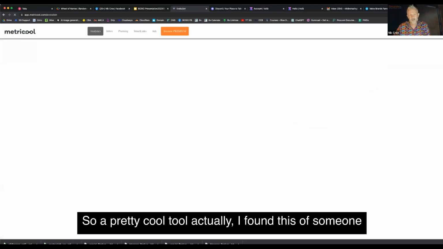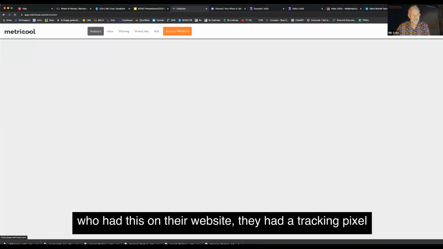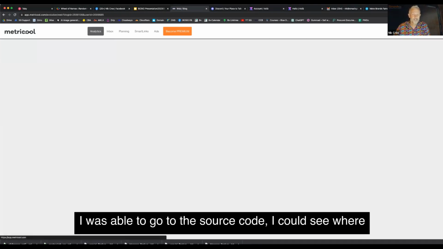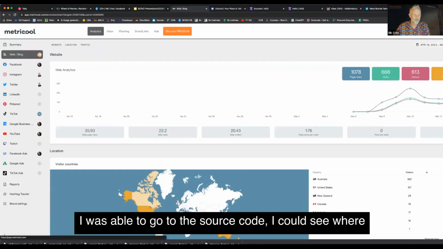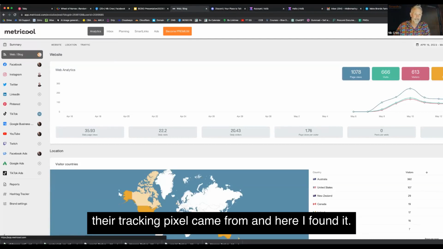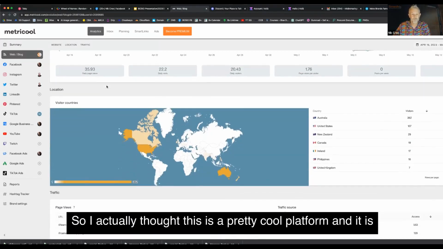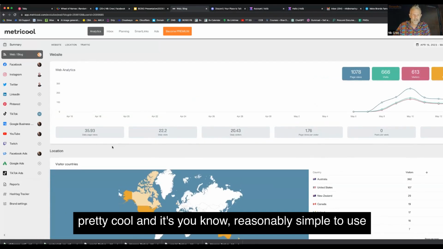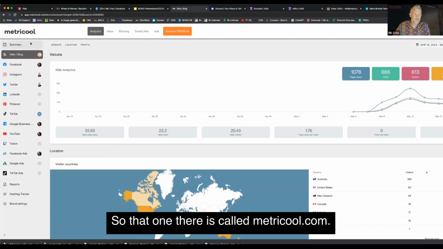I found this off someone who had this, actually not on their website. They had a tracking pixel on their website. I was able to go into the source code. I could see where their tracking pixel came from, and here I found it. So I actually thought this is a pretty cool platform, and it is pretty cool, and it's reasonably simple to use as well. So that one there is called